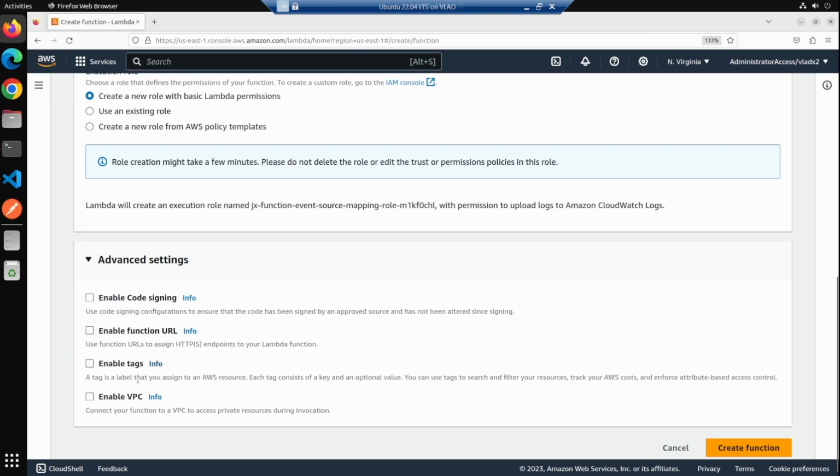No, we don't need this because we just want it to be an event source, so we don't want the function URL. Enable VPC, connect your function to a VPC? Nope, we don't need that. We just need to create a simple function,